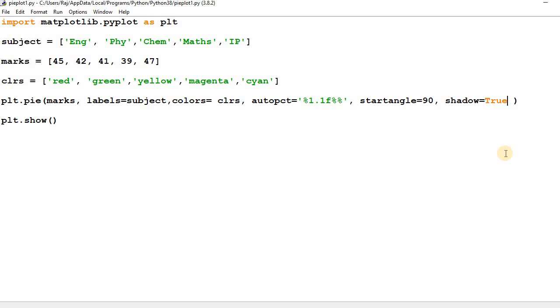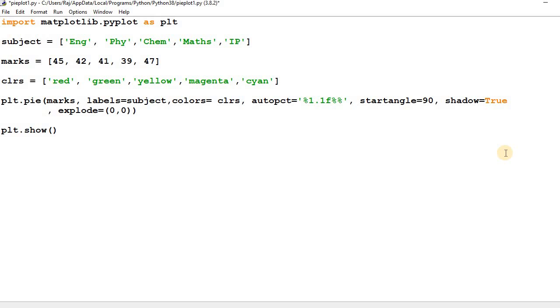So here explode equals, and then we have to pass a tuple or list. For the first slice you don't want any offset, so 0.